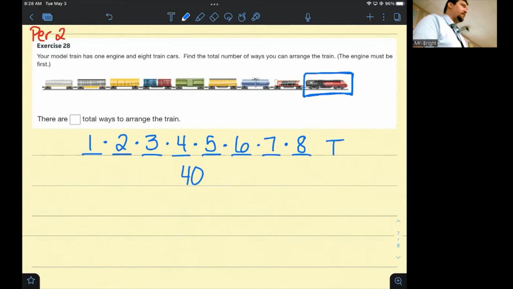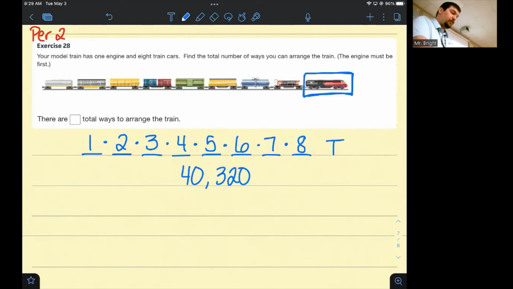Say it again. 40,320 different ways that you could arrange your model train, with the train car going first and you selecting from the other 8 cars. That's a lot. Imagine doing a tree diagram listing all the ways that you could sort the cars, right? 40,000 plus branches. I would rather just multiply to find the number and not actually tell you all the different